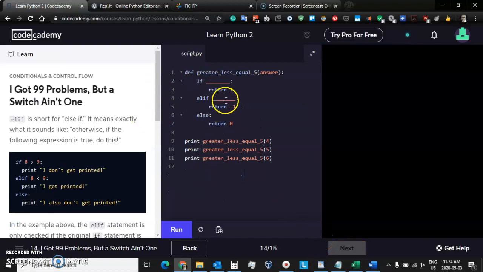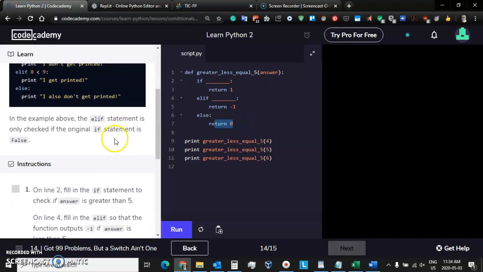And then at 14, we have a function definition, greater, less than, equal 5, and we're feeding in an answer, and we're going to return 1 if true. We're going to return something else. We're going to return -1 if the answer is less than 5, and otherwise we just return 0. So let's look at the